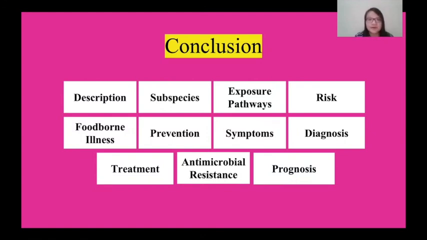Vibrio is a gram-negative, rod-shaped bacteria that is a natural constituent of freshwater and marine environments. They are divided into cholera and non-cholera infection based on the species. The species that causes cholera is called Vibrio cholerae, while the non-cholera species consist of Vibrio parahaemolyticus, Vibrio alginolyticus, Vibrio vulnificus, and others.